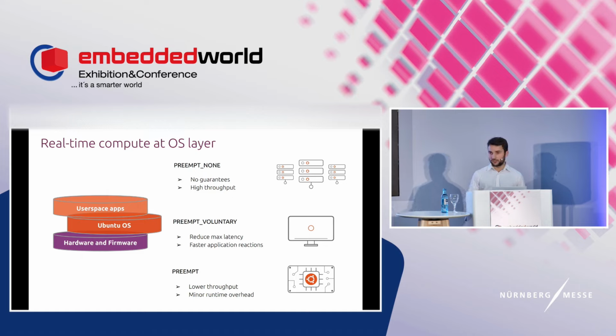different preemption models. What we call preempt voluntary in the Linux kernel is often intended for usage in your desktop. So if you're running a Linux machine, you can check the preemption model. It will often be preempt voluntary. And this gives a quicker reaction to the different user inputs. The other one I want to mention is called preempt. And this option reduces the latencies of the kernel by making the kernel code that is not executing in critical